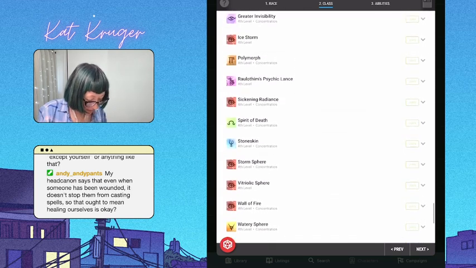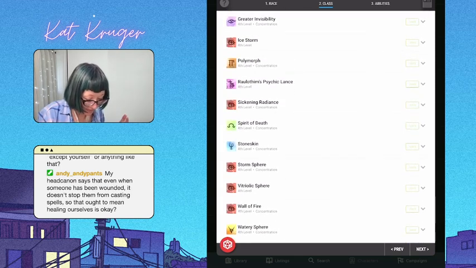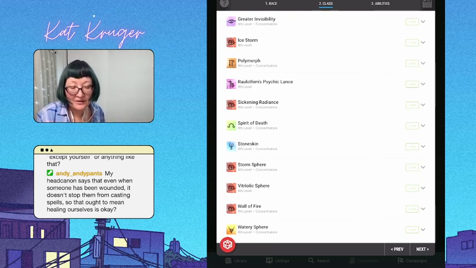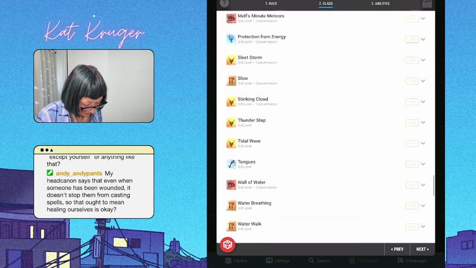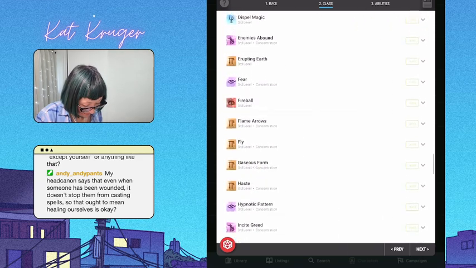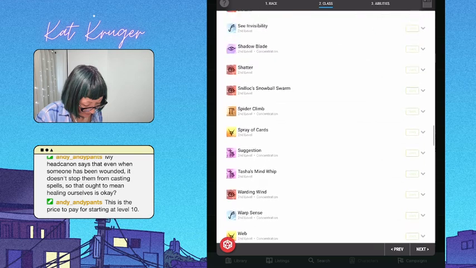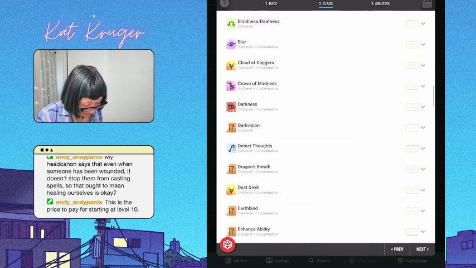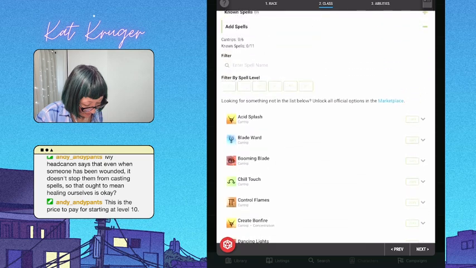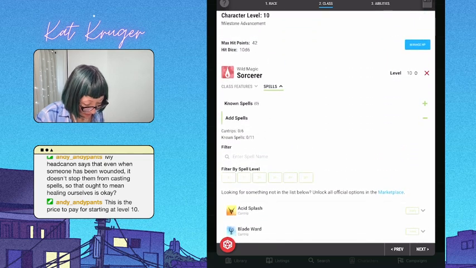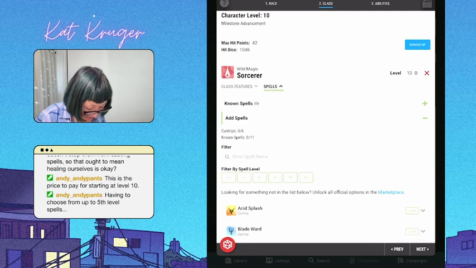I do feel like we want to maybe thematically have a lot of nature-y type things, even if it's combative. But I think I'm actually going to move ahead because I don't want to spend all of our time on